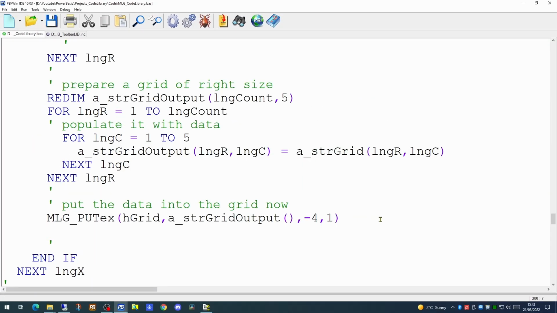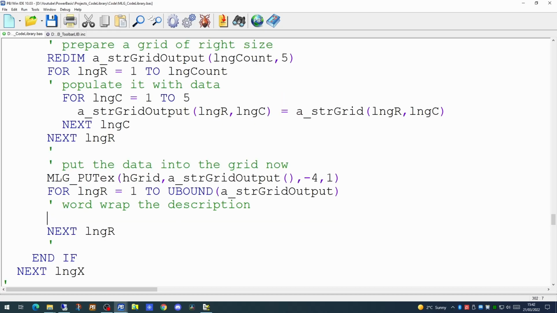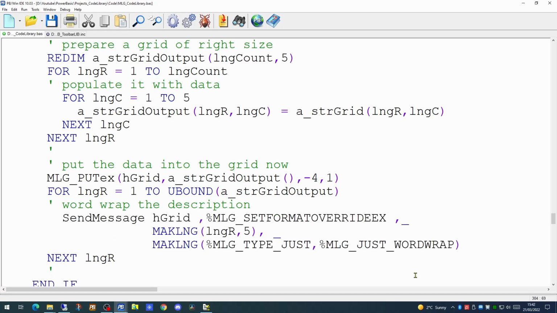So after we've actually put the data into the grid, we need to step around each row in our grid and wrap the data. So this will be another for next loop. We're going to use one of the send message commands to set the format override. The send message commands always take 4 parameters. We're using our first parameter to be the handle of the grid.